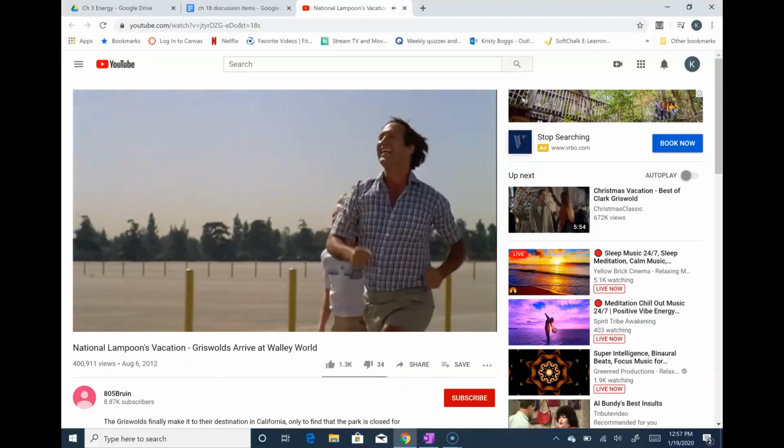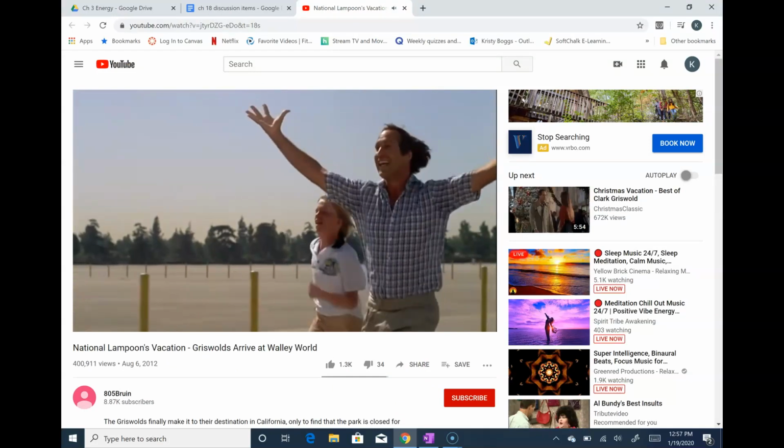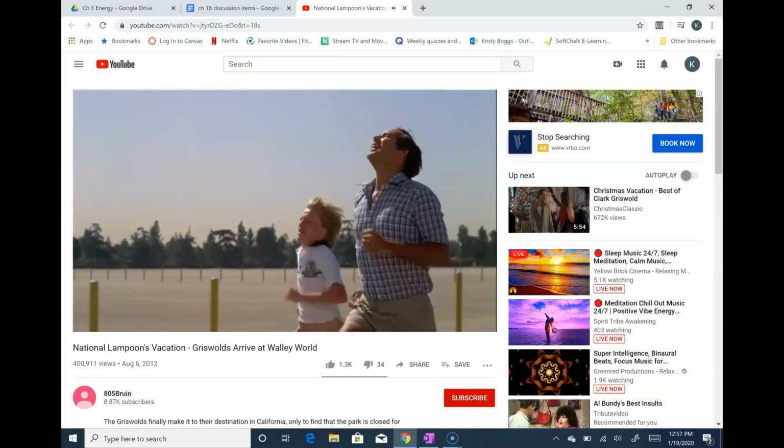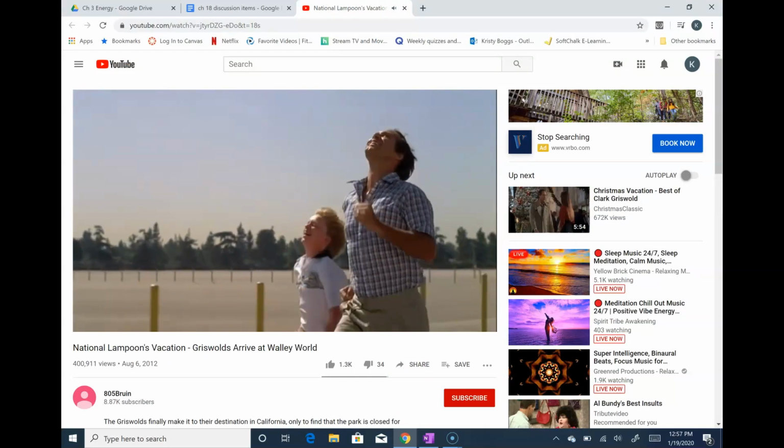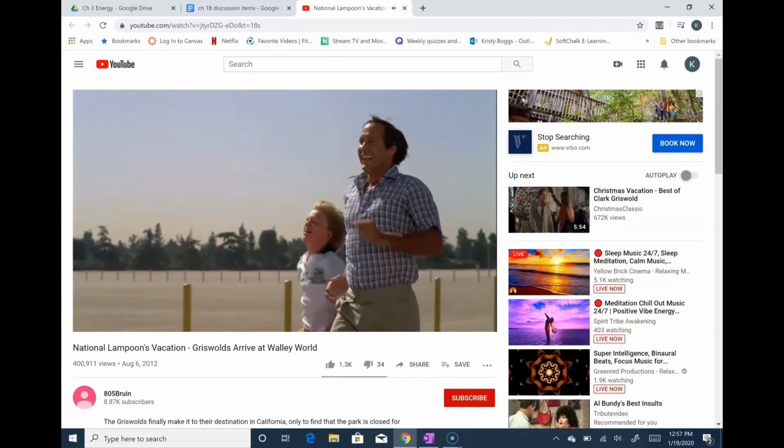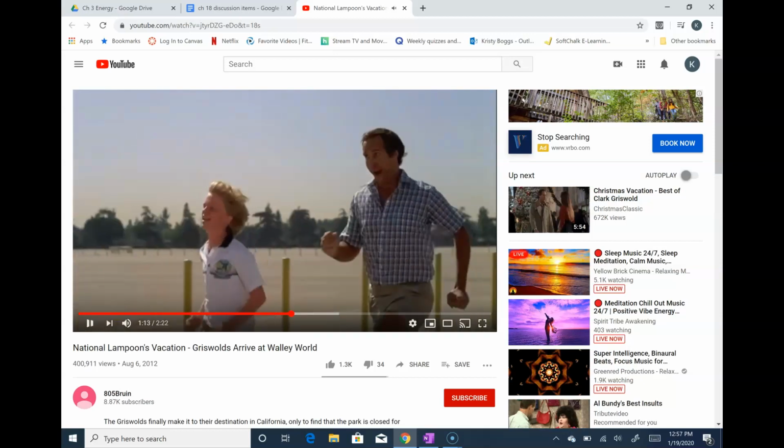So here are the Griswolds. They're the pyruvates. They're ready to get into Wally World. Just like the pyruvates are ready to go into the mitochondria. And if we skip up a little bit,